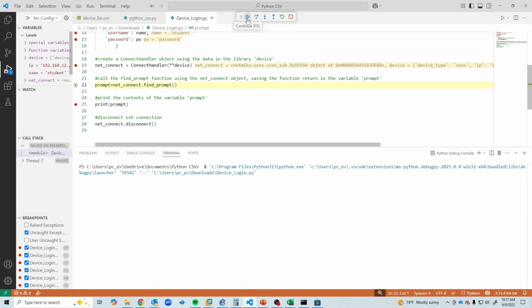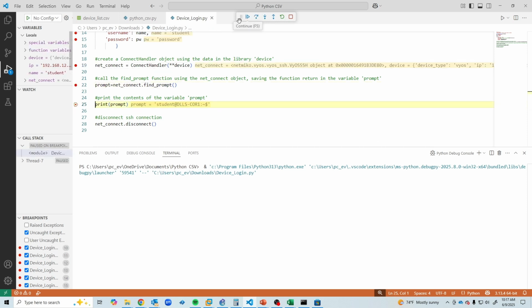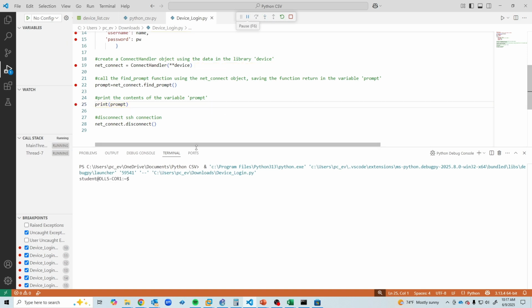Now we actually can see, since I put a breakpoint right here, that the value of prompt is this right here. And it did indeed print the